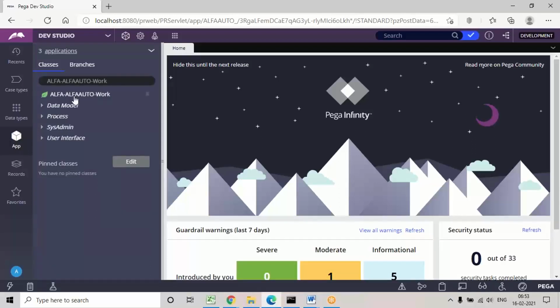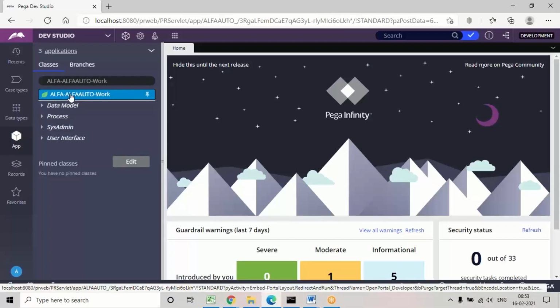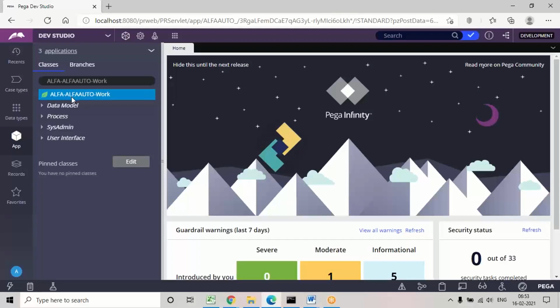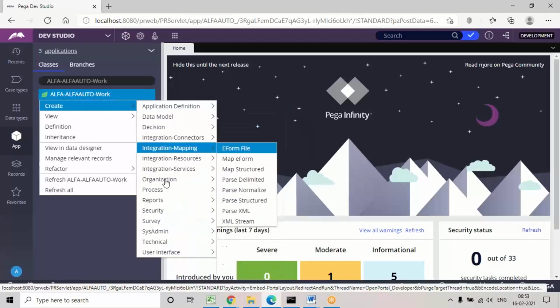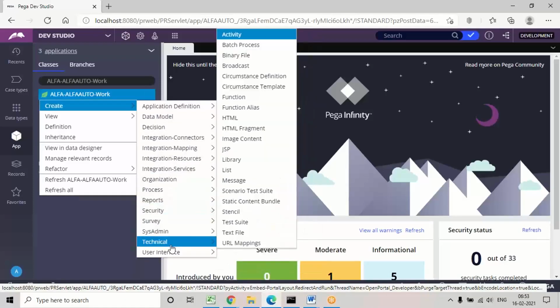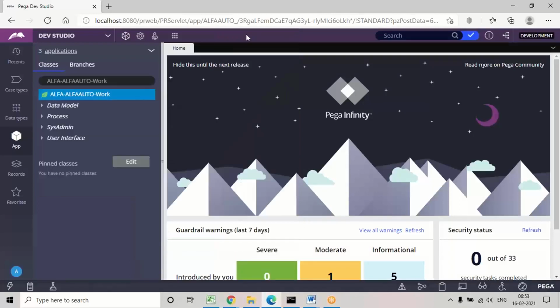So first of all, open one activity. We can open it from the technical category. If you go to the technical category, you can open this activity.